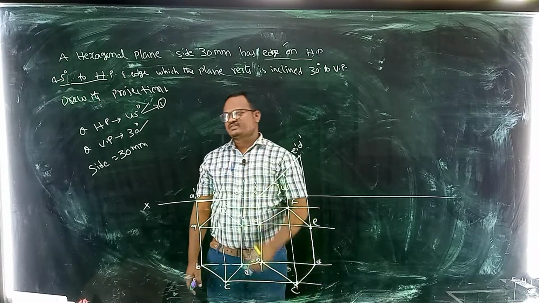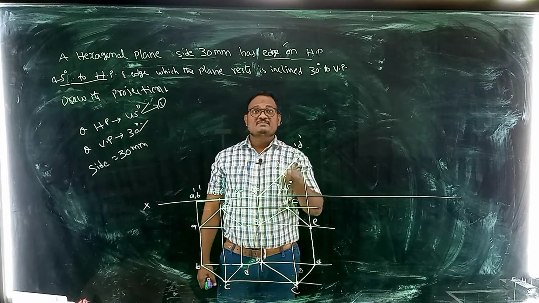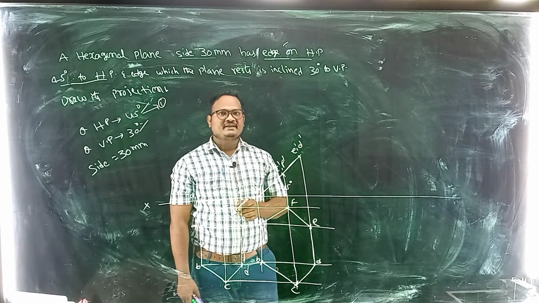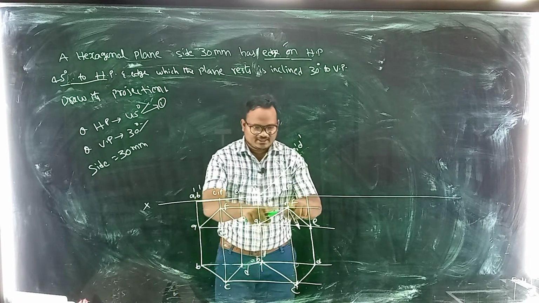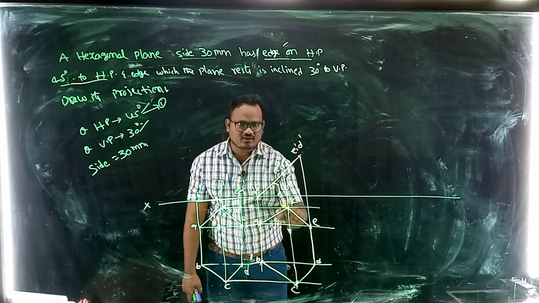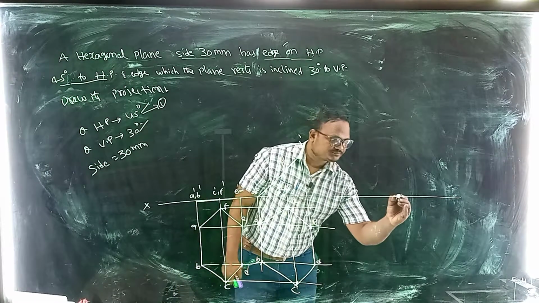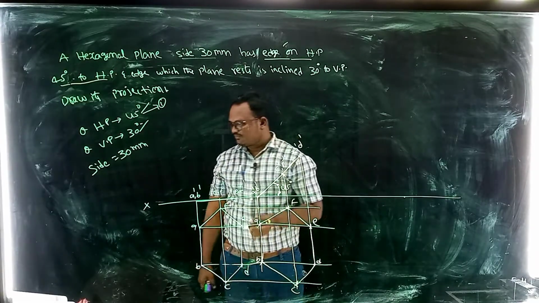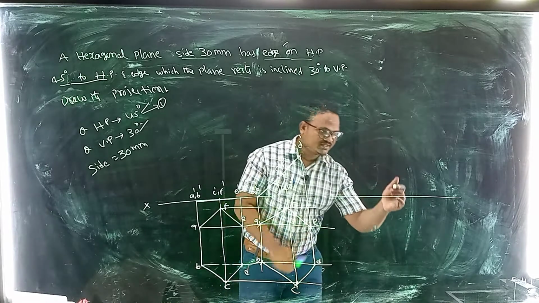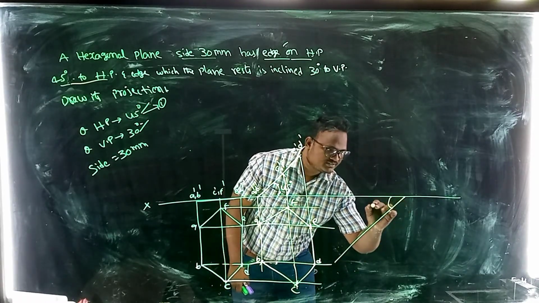Now coming to stage 3. So he has given 30 degrees to the VP. So what is making an angle of 30 degrees to the VP? The edge is making an angle of 30 degrees to the VP in the second stage diagram. This is called the edge, this is called the corner. That's why we have to take the edge and draw an inclined line at 30 degrees, either on the right side or the left side, as is convenient. So this is 30 degrees